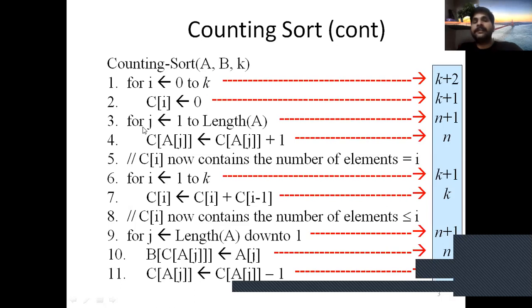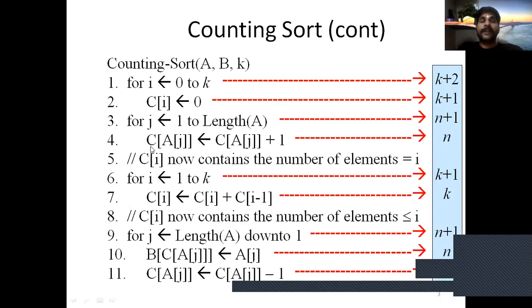Now the third step of the counting sort algorithm: the for loop j starts from 1 to length of array A. Suppose the length of the array equals n, then the for loop executes n times for true and once for false. So the time complexity of step 3 equals n plus 1.